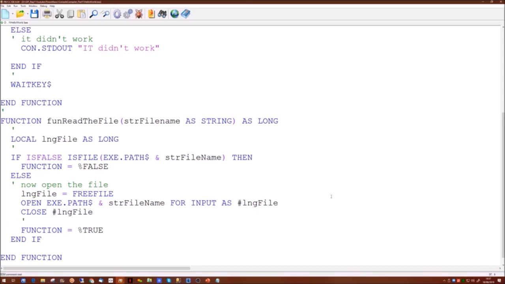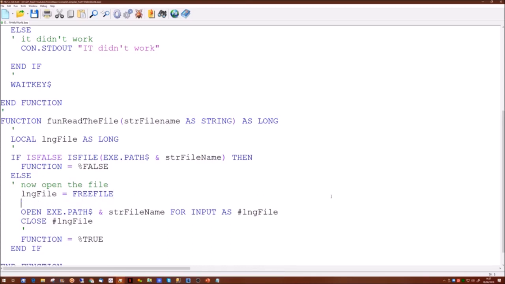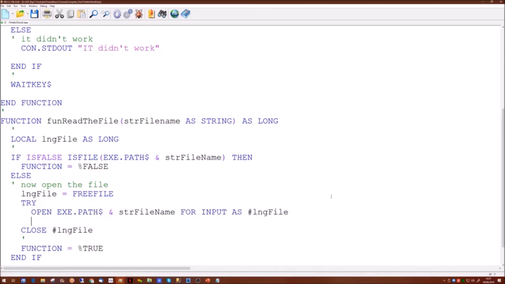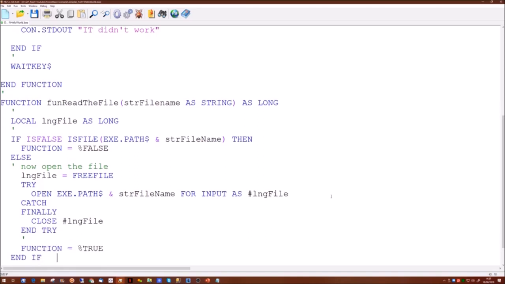Now, since we've already tested that the file actually exists, there should be no problem in actually opening it, in theory. However, there's always a possibility that between the time we test it and the time we open it, something happens to the file. So ideally, we want to put a bit of error handling in here. Now, PowerBasic supports the try, catch, finally, end try structure.